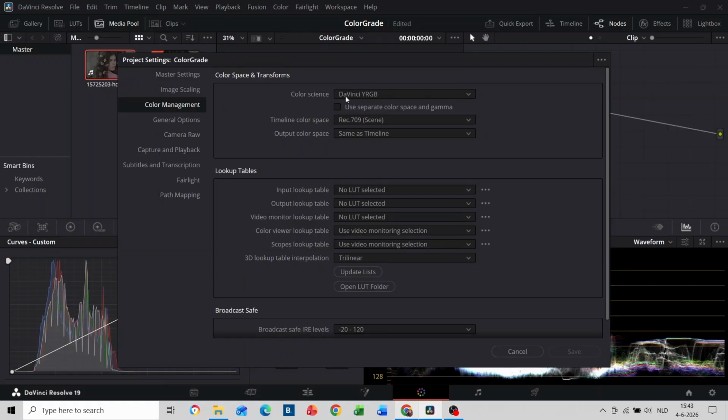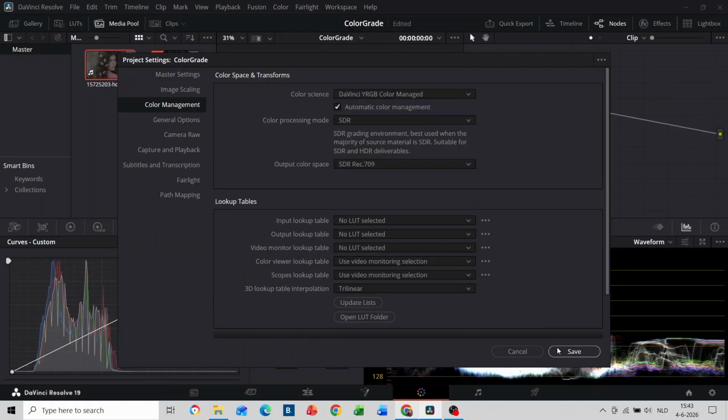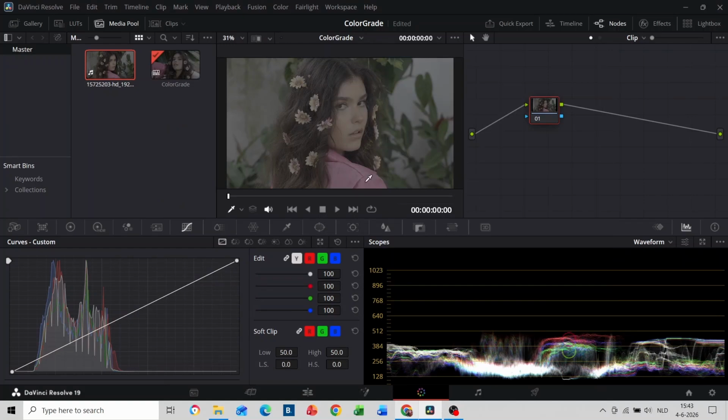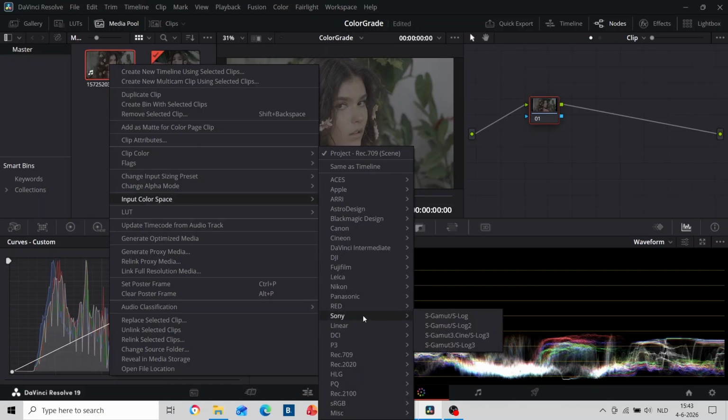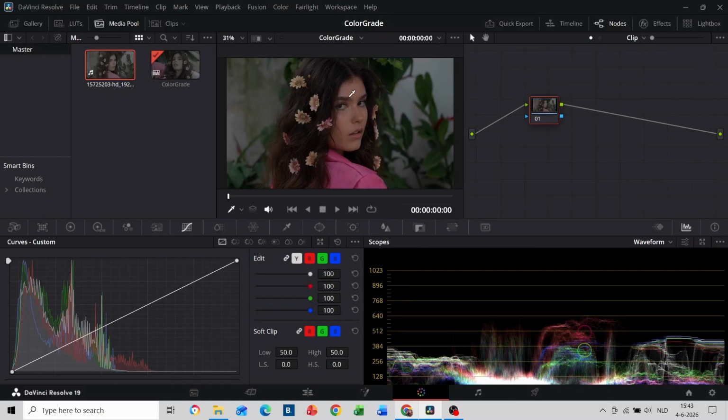Here in color management, choose DaVinci YRGB color managed. Click save, and I'm pretty sure this clip is shot with a Sony and S-Log3, so right click, input color space, Sony, and here you can find the correct profile. And as the colors are realistic now, it's probably the good profile, or at least the profile that is close to it. So as long as the colors look realistic now from here, it's a good point to start with